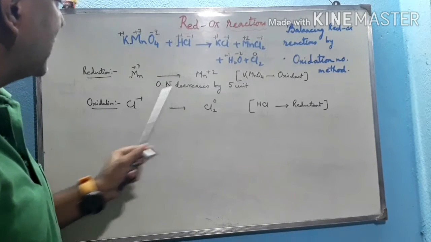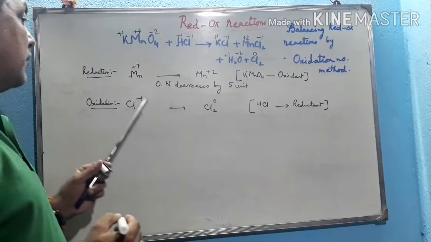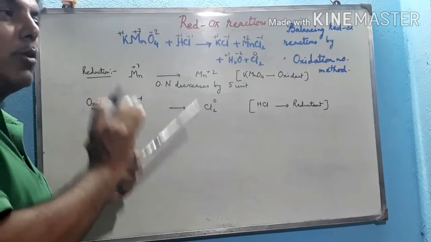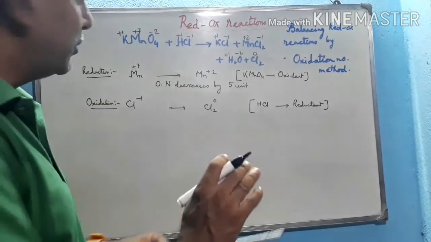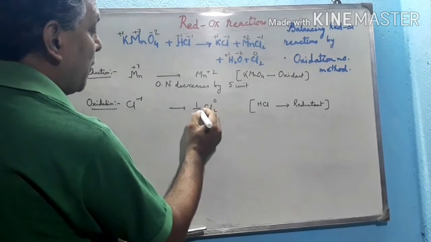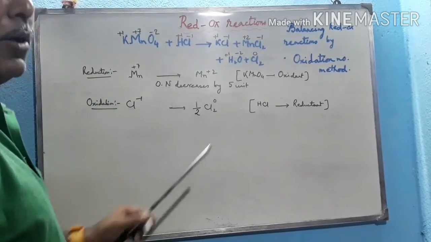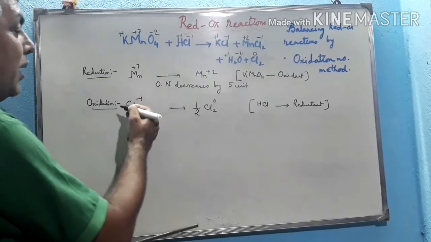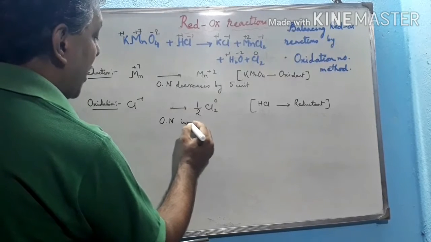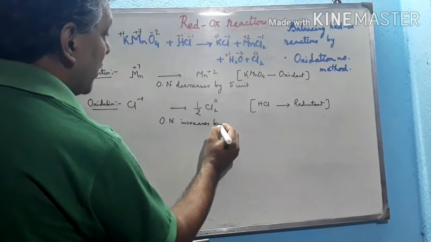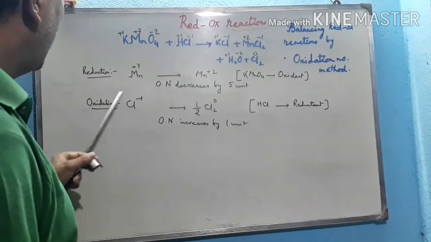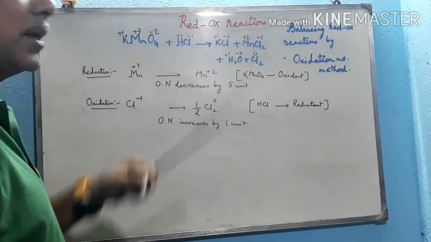Now we have to balance the chlorine atoms on both sides by keeping the number of atoms of the reactant on the left-hand side constant. We have to balance the right-hand side atoms. So Cl here is 1 atom on the left-hand side, on the right-hand side we have to multiply by half, so it now becomes only 1 atom of chlorine. Now Cl -1 to Cl 0, only 1 electron transferred, so the oxidation number increases by 1 unit. We have already considered the oxidation number decrease as well as the increase.